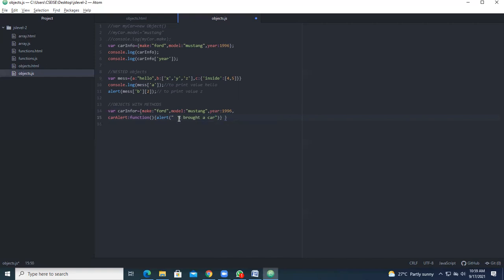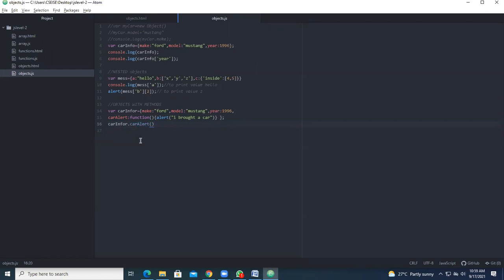I brought a car. So closing like this. So give a semicolon here after the ending. Now I will be calling a function. So what is the variable? carInfo. So carInfo dot carAlert.